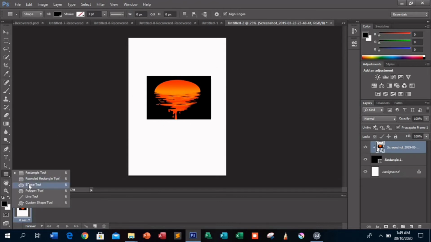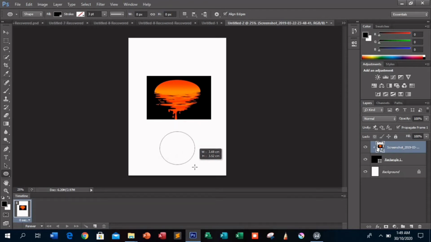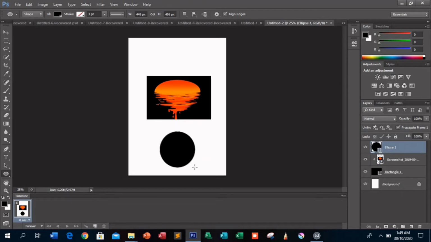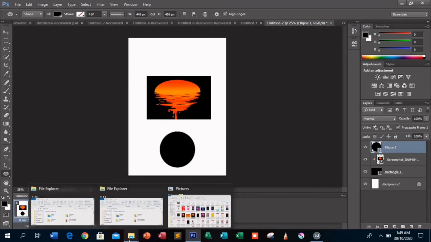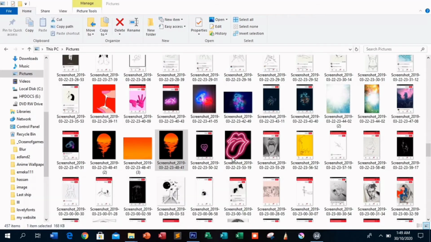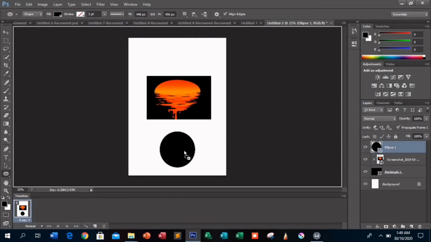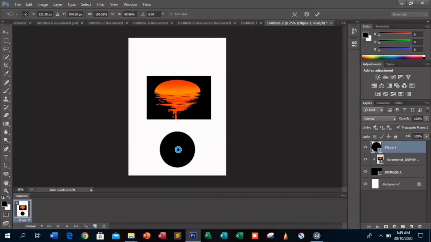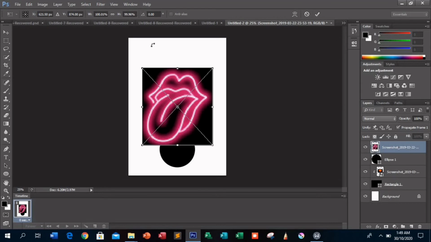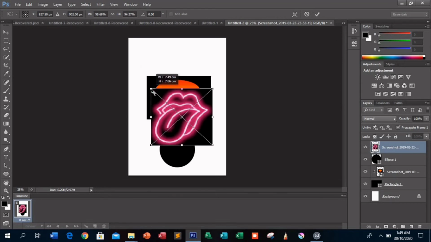Now let's use a second object, something like a circle that is noticeable. Then the same method, we'll go to our file manager, then drag the picture, leave, then we'll actually resize it around the circle.